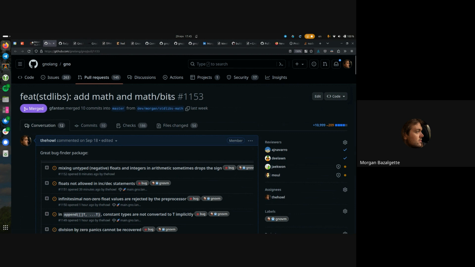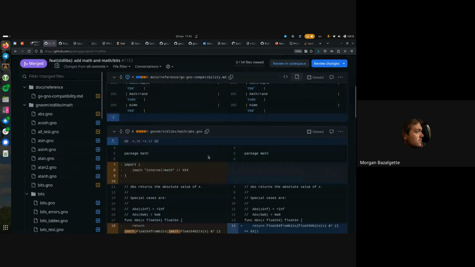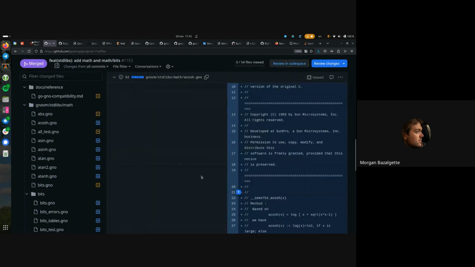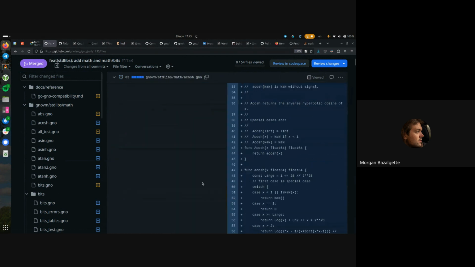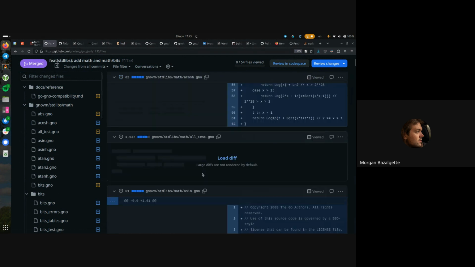It also adds the bit manipulation functions inside the math bits package, which opens the door for other packages to be imported. The full set of functions is now exported as part of the math package, so if you do GoDoc and GnoDoc, they will be the same.